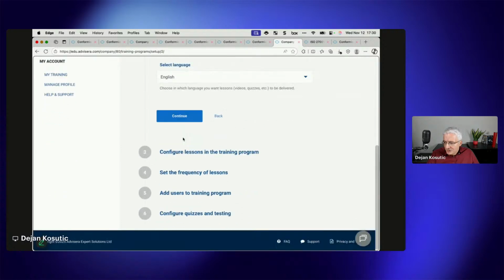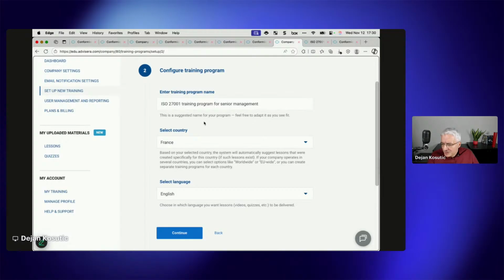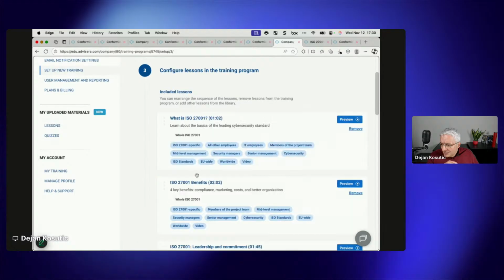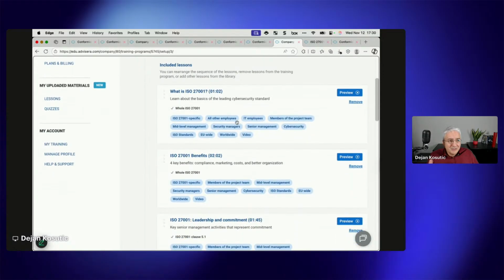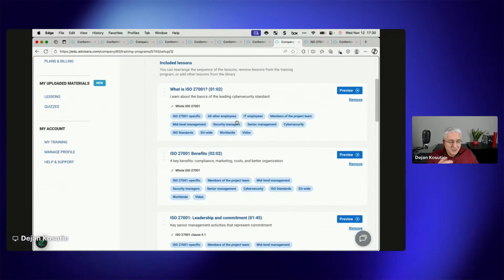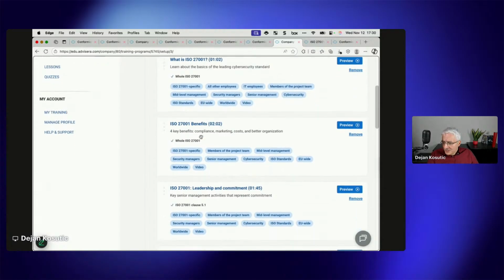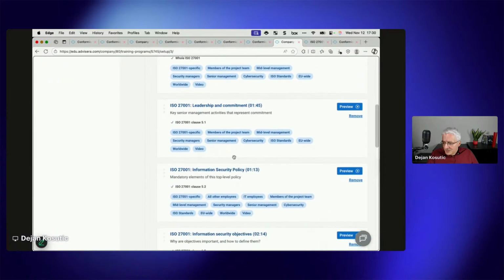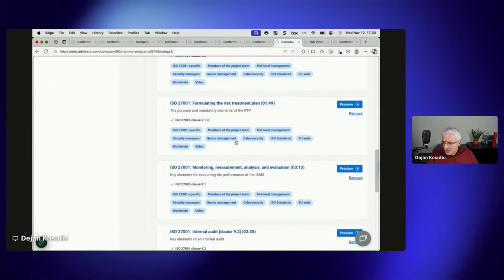And then the system will first ask you which country you want, so which language you want, and then it will automatically suggest the videos that are the most relevant for senior management. Because in general, when you're setting up a training, you have to make sure that you pick the right topics for the right audience, because otherwise, if you have a mismatch, these people will simply not go for this. So as you can see: what is 27001, the benefits, leadership and commitment, top level policy, setting the objectives,